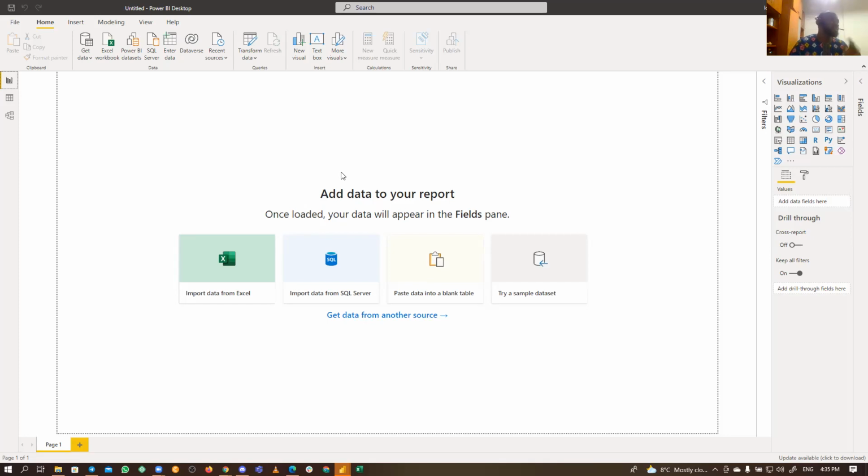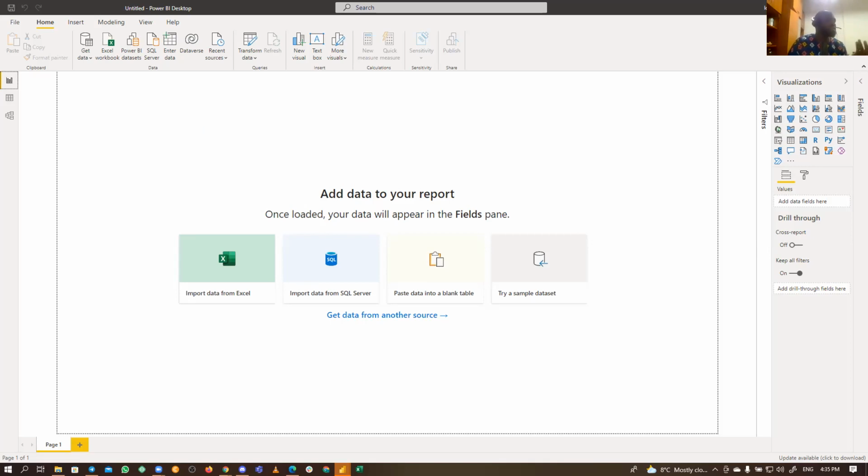Let me repeat that again. The first thing we do is connect to a data source. We need to get the data. The second thing is build relationships. It's more like working on the data, like what you do in Excel, where you start calculating this field and that. And then you're going to build visuals.